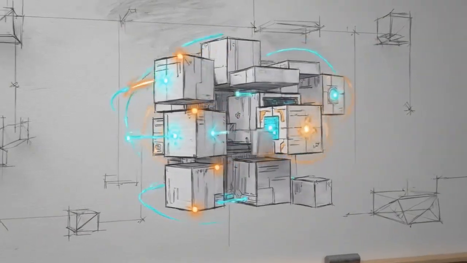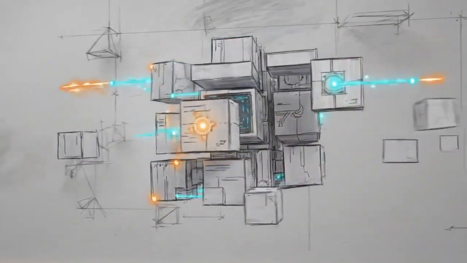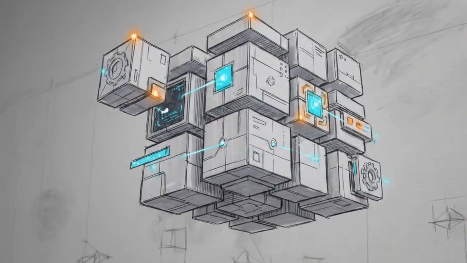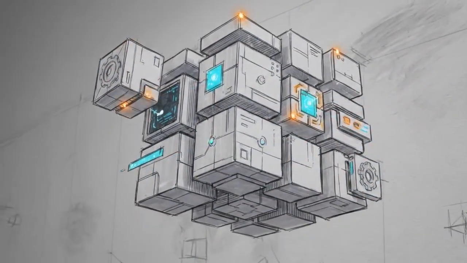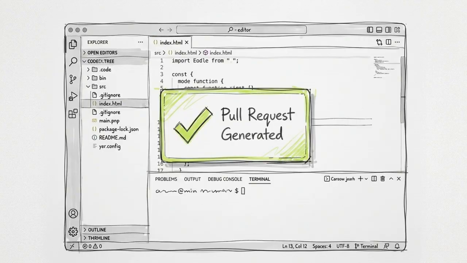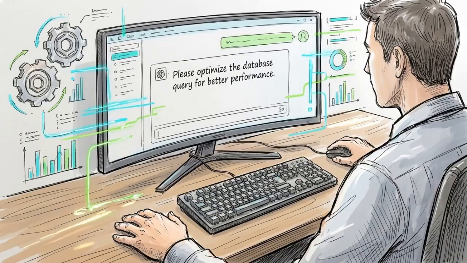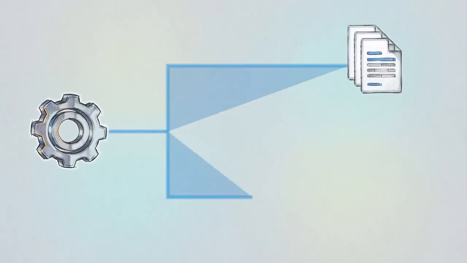This animation represents our end goal: an AI agent autonomously reviewing a complex codebase, applying strict quality rubrics, and generating a structured pull request without you typing a single line of code. We are implementing a workflow known as vibe coding. In this model, you specify your high-level intent in natural language, and the IDE handles the underlying implementation and terminal